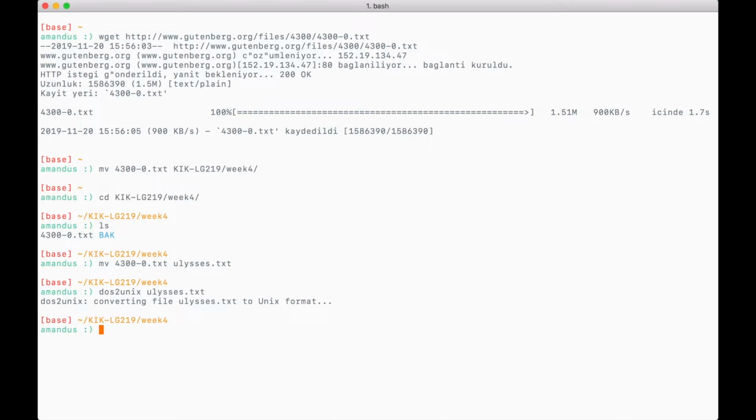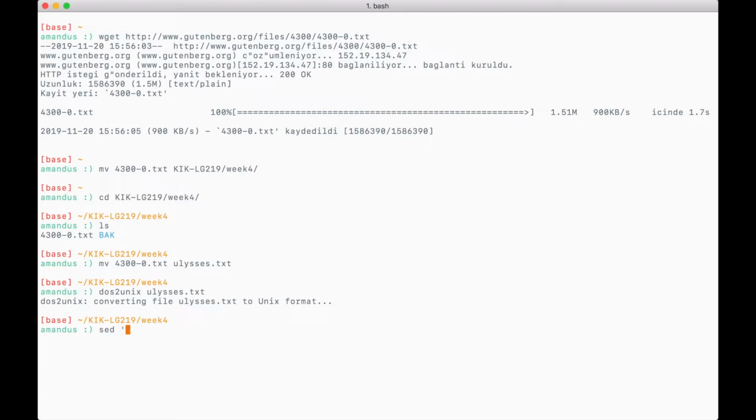Now, sed is a very strong tool and it supports all sorts of different functions. For example, it's very simple to delete lines that match a certain pattern. Let's first try to remove empty lines from our file. We will also redirect the result to a new file. We do this using sed,